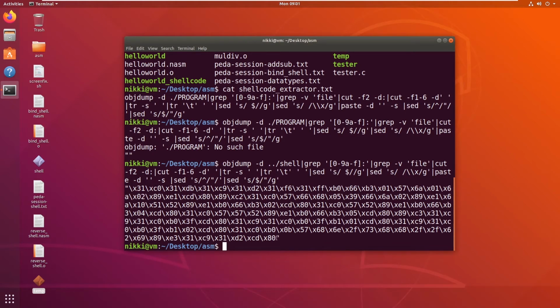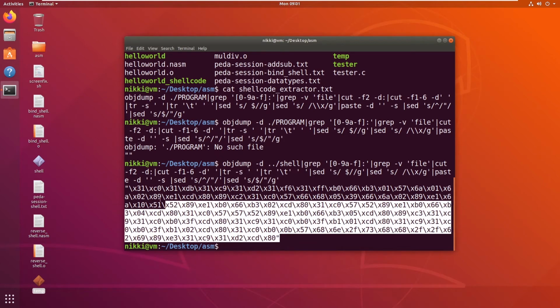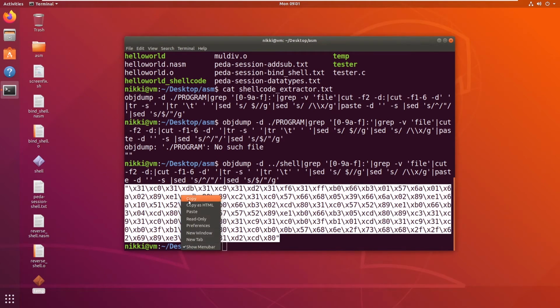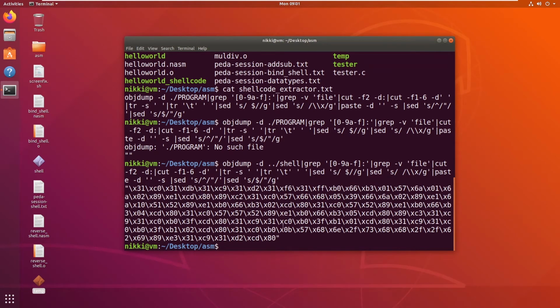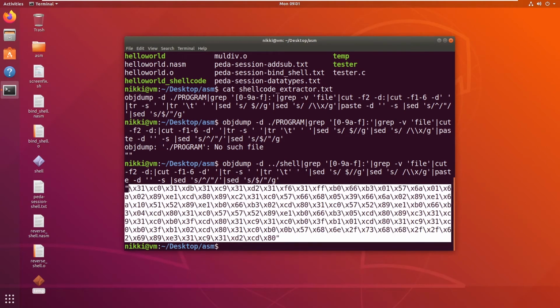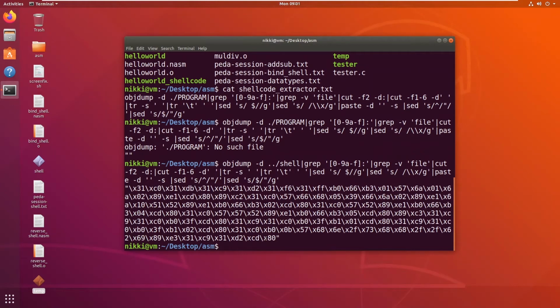So guys, this is our shellcode for the bind TCP shellcode. As you can see, this is a similar output to when you execute the MSFvenom command, right? Now let's copy this one. I think I have copied. Okay, let's copy this one, and we are going to paste it in our C template.